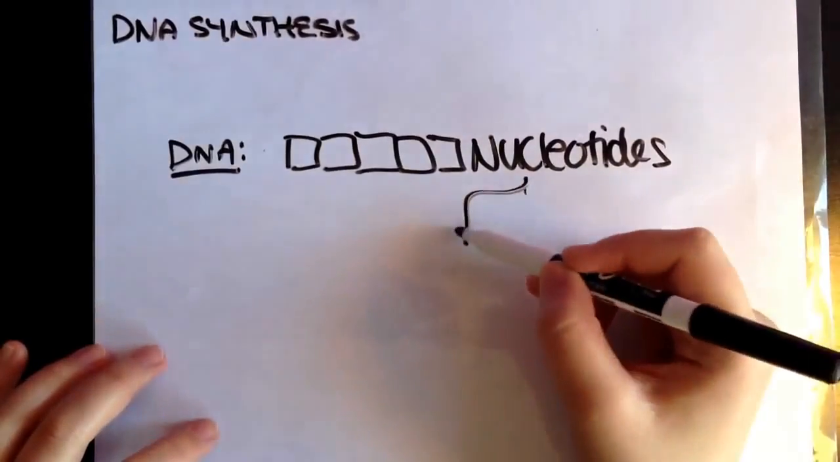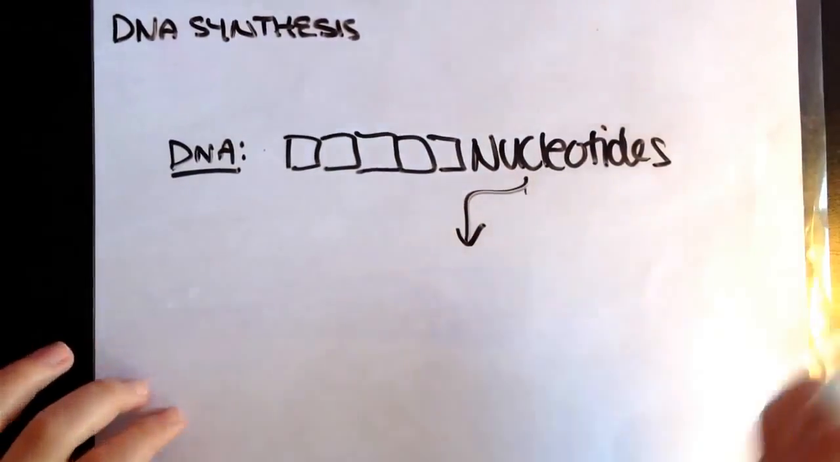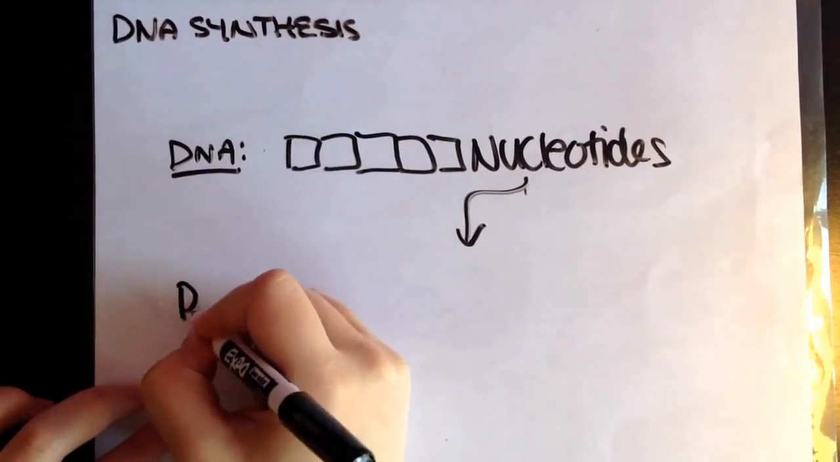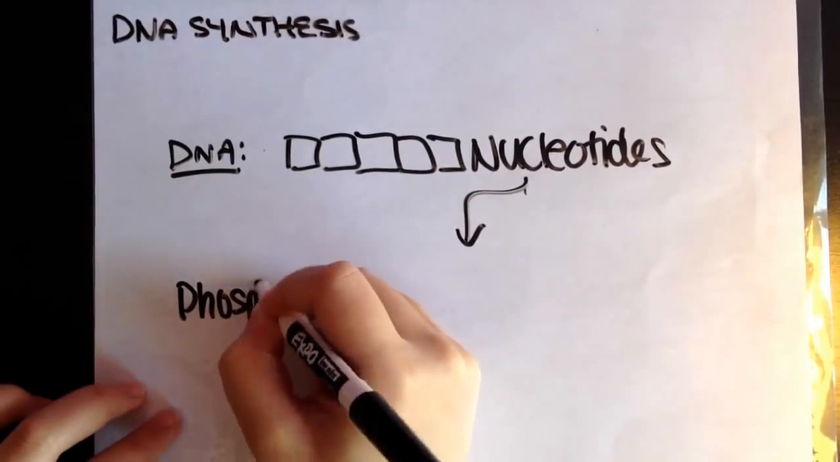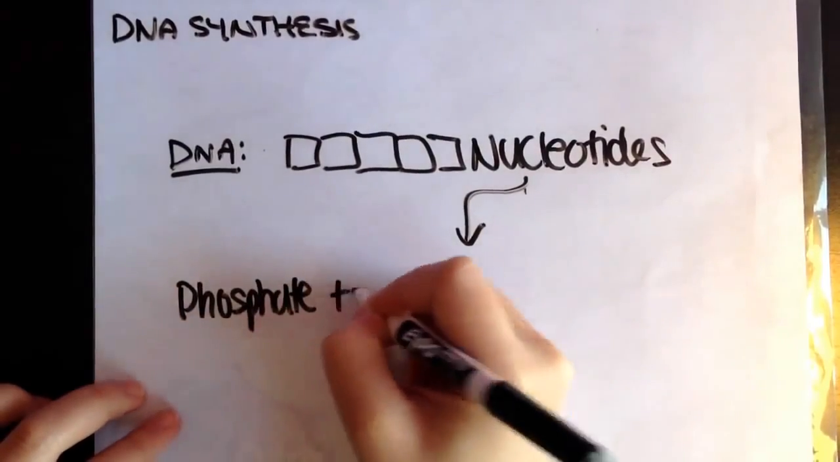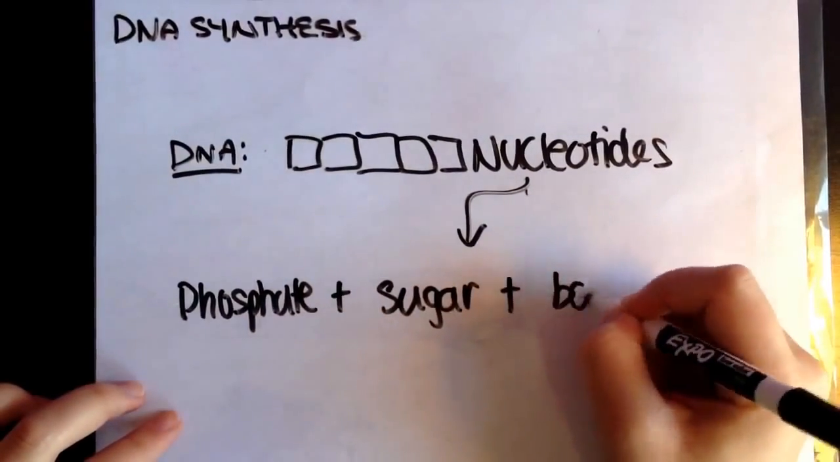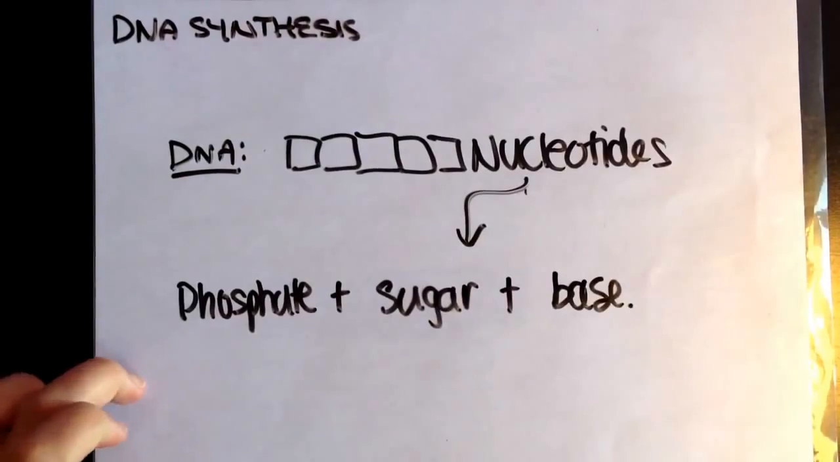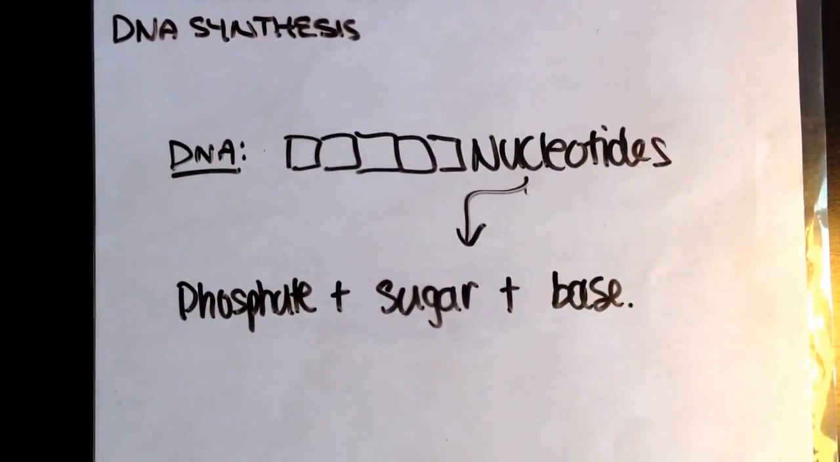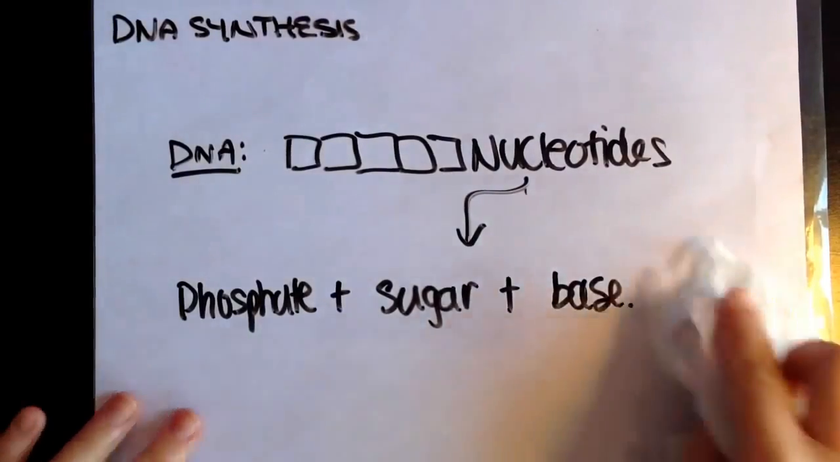What are nucleotides made up of? Well, it's made up of a phosphate group, a sugar, and a base. So those are your ingredients to a nucleotide that makes up a DNA, if you're ever cooking in the kitchen. Yeah, so that's pretty easy, right? There's not much to it. So now that you know that,